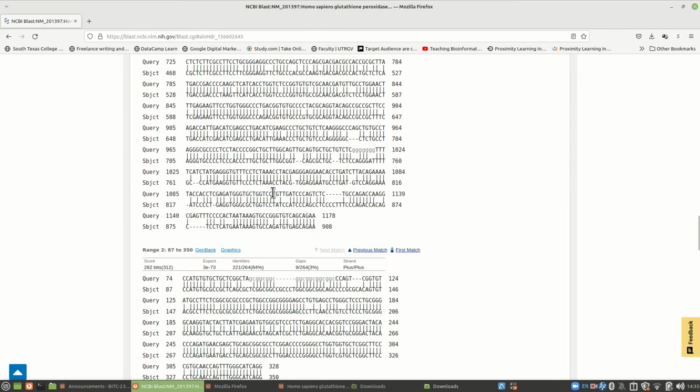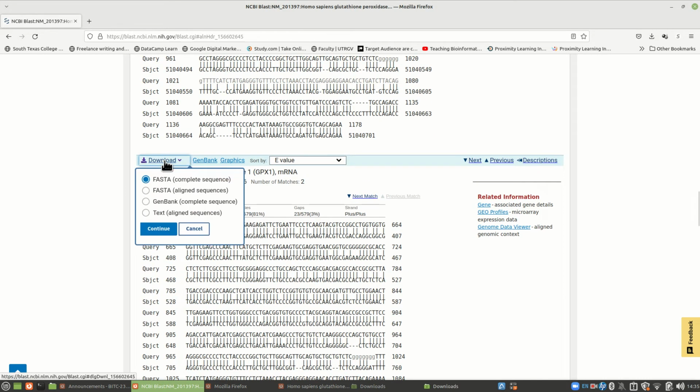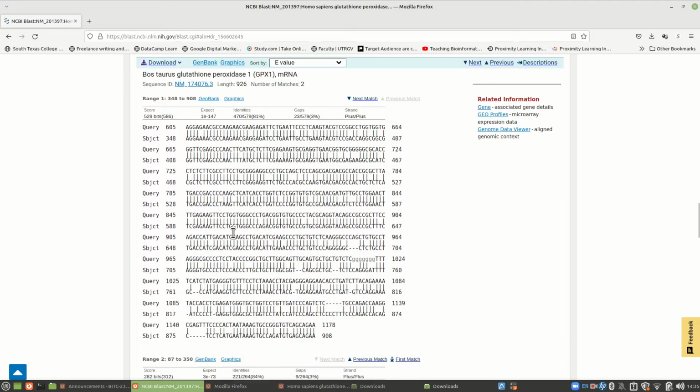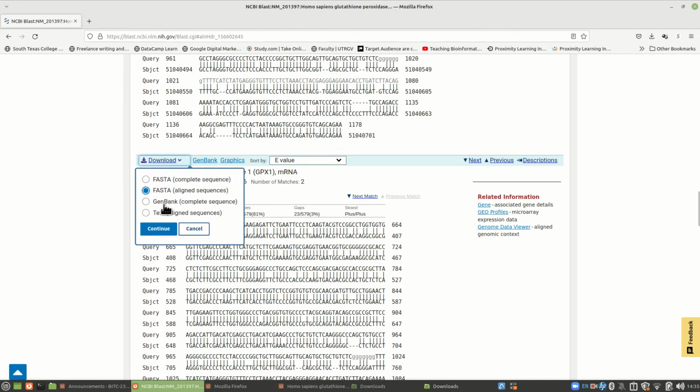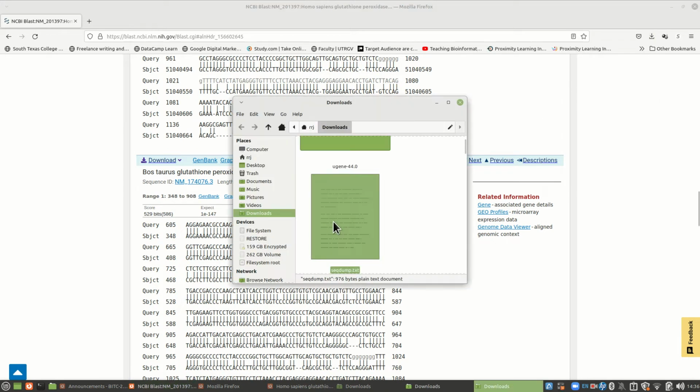Now you can then compare it. Now the other thing, actually, it might be better to download that as aligned sequences. So not complete, do the aligned sequences. It'll give you something closer to this. Here, let's go ahead and do that. I'm going to continue. All right, and it's going to give you something